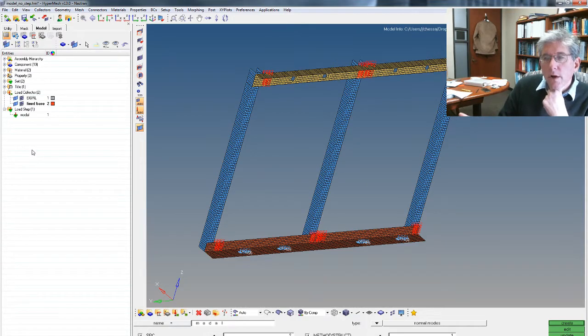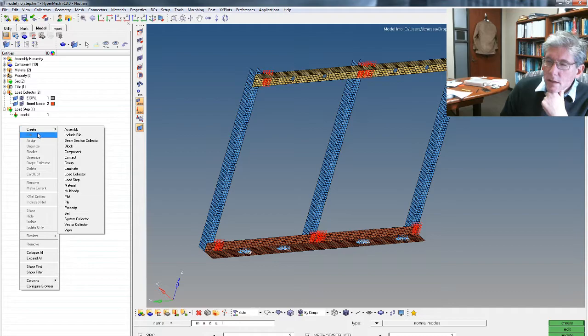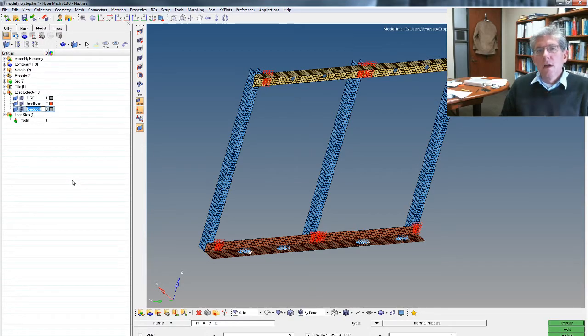Or if you use RLOAD1, the real and the imaginary parts, right? I think, right? So those will all be done through here. It takes a little bit of getting used to. But for example, they're all load collectors. So if you specify a load collector, like let's say we want to do the